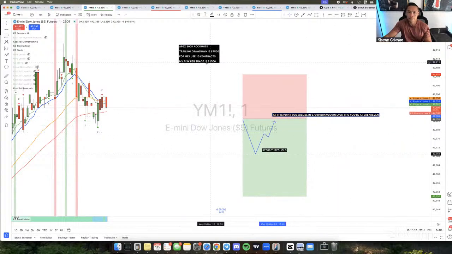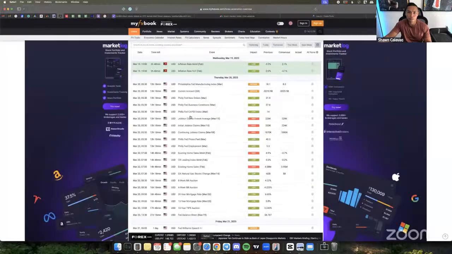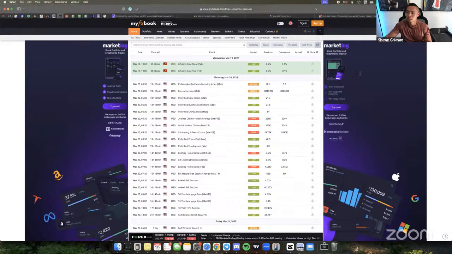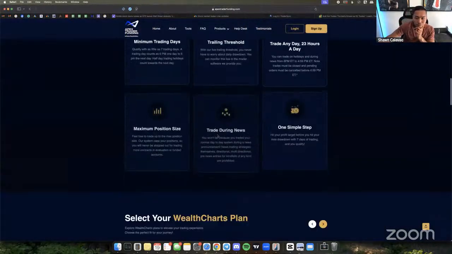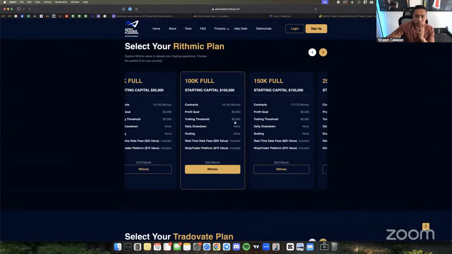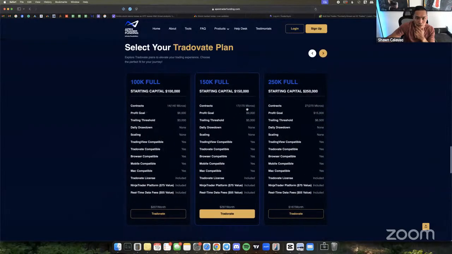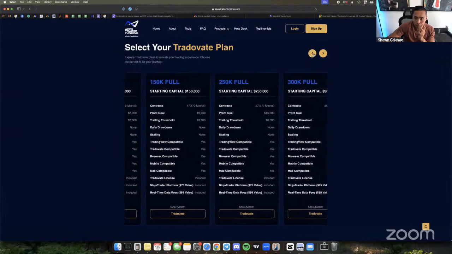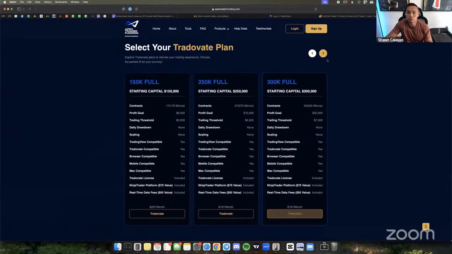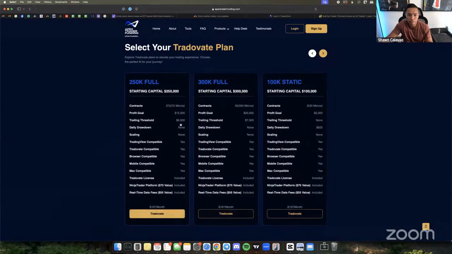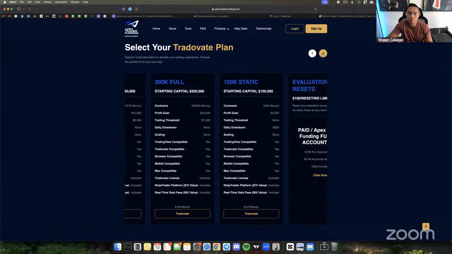So you would have 7,500 on a 300K account, depending on your account size. Let me open Apex. I don't know what account sizes you're using, Vapid, but it's going to vary. So let's see. Yeah, the Tradovate plans over here. The lower the account size, the closer you'll be within your trailing drawdown. You can see over here on the 300K, it's 7,500, 250K, it's 6,500. If you do a 50K, it's going to be pretty much even.